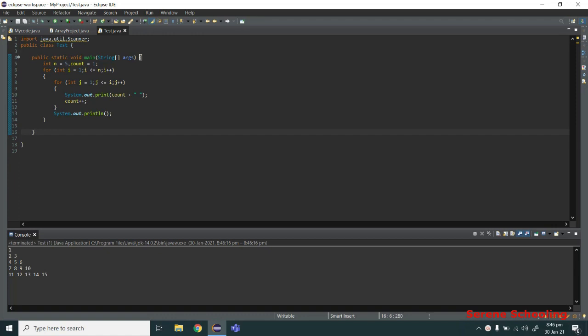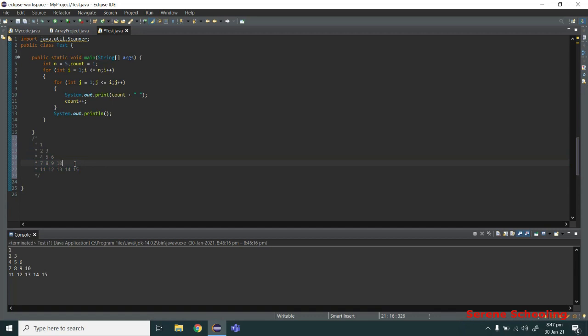Today we will print a floyd's triangle in our program, so we will go through the logic to print it. Before we begin, let me show you how a Floyd's triangle looks. It's like this: 1, 2, 3, 4, 5, 6, 7, 8, 9, 10, 11, 12, 13, 14, and 15. So this is how a Floyd's triangle looks. We will use loops and logic to print this pattern in our program.